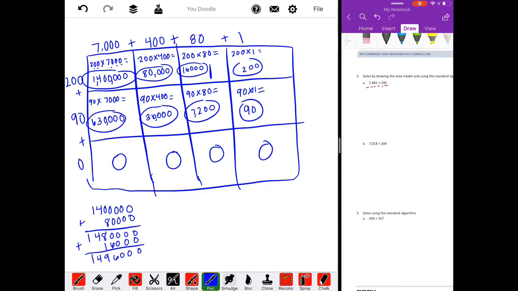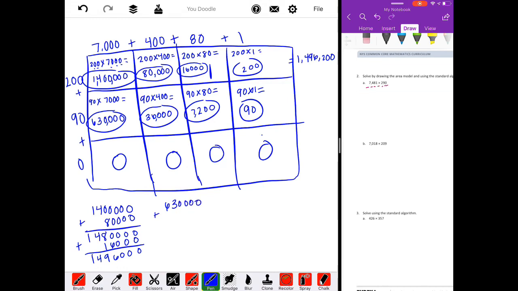So I'm just going to add 200 at the end of that, which would make it 1,496,200. And then the next row would be 630,000